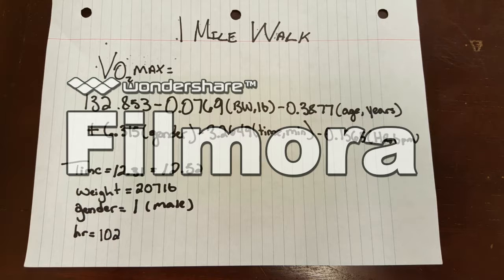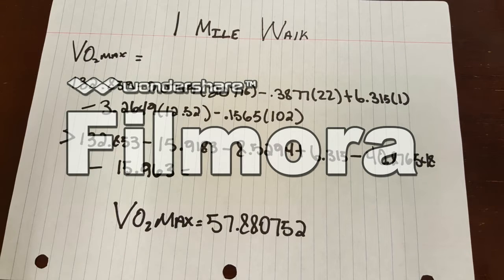As you can see here, we have the formula set up. The time it took him to finish the mile walk was 12 minutes and 31 seconds. We converted that to 12.52 by multiplying 12.31 times 0.60. His weight was 207 in pounds, and he is a male, so his gender equals 1, and his heart rate was 102. The same concept applies as the mile run. As you can see here, we plugged in all our numbers. After converting it, we got